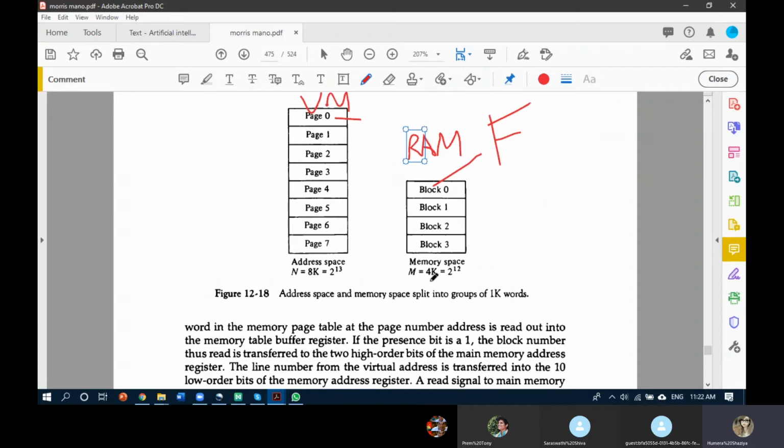And this 4K. 4K means 2 to the power of 10, which is 1024, equals 1 KB, plus 2 to the power of 2 is equal to 4. So totally 4 KB, so total 12 bits. You can split this up: 2 power 10 plus 2 power 2. 2 power 10 is 1K, 2 power 2 is 4K. Okay, so that is what